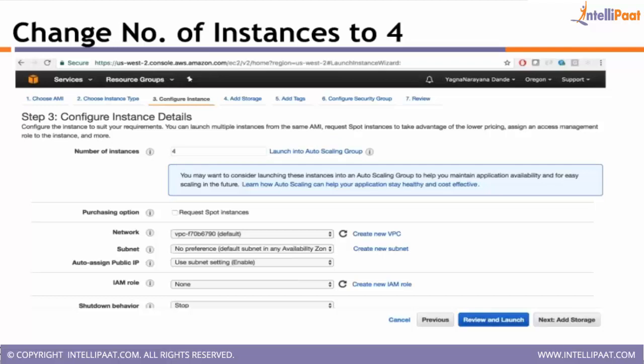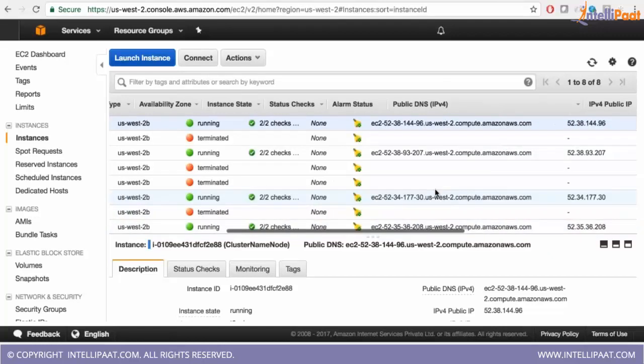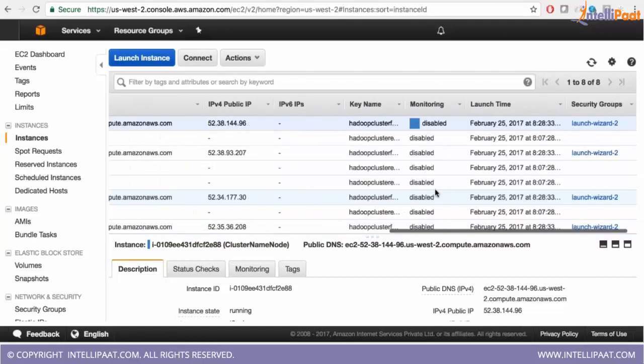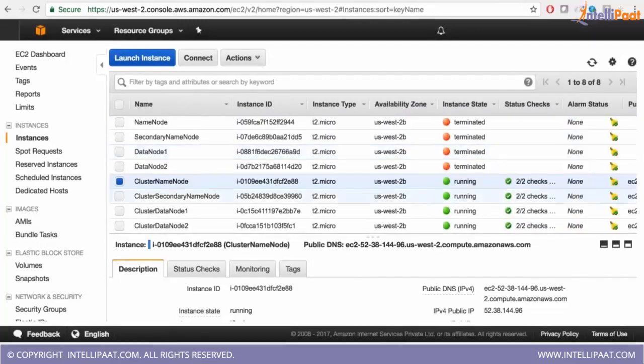Okay. And another question: first you installed it and then you terminated the process? Previous machines, I deleted those 4 machines. Red is actually terminated, which means the machines are no more. I cannot access them. I cannot recover them back. So this way we can permanently delete those. Correct. And another question: is there any other OS option as well, like Ubuntu? Is there any other OS in Amazon?